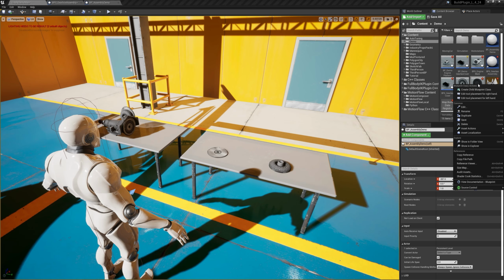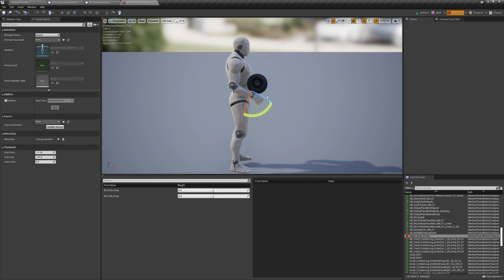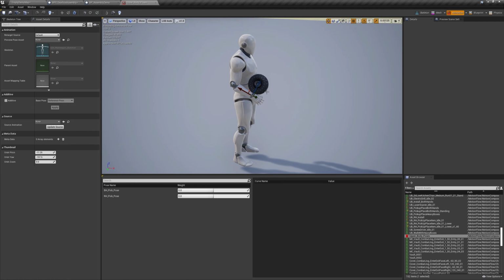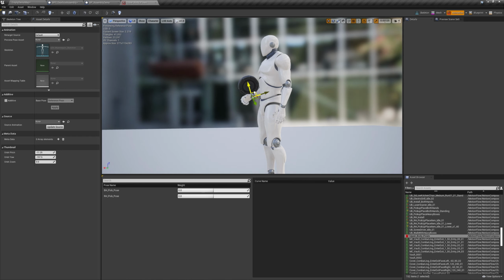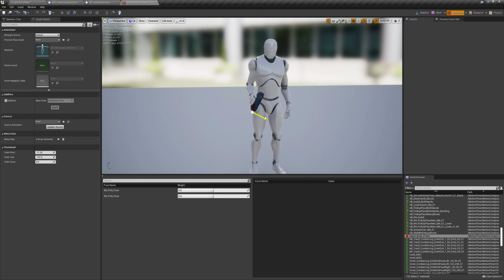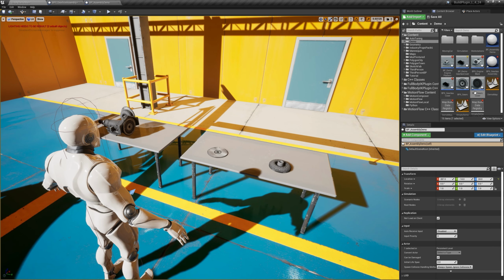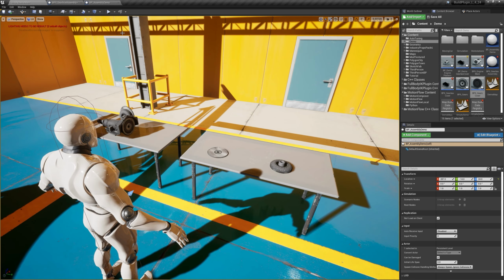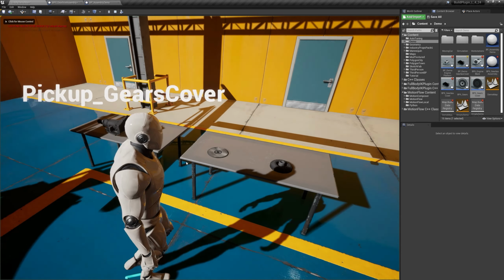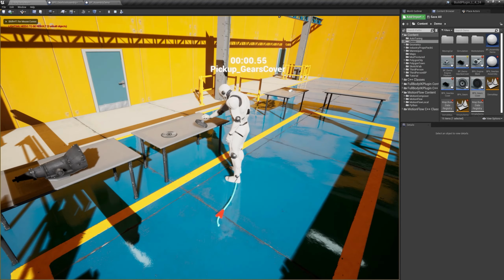So right click on that in the content browser, click edit tool placement for right hand. We are picking it up with right hand. If you were picking it up with left hand, we can do that too. That support for left and right hand is coming in a future version. So I'm going to put that here again. Remember to hit save tool and part here, close this window, go back to your content browser and save the asset over here. So now, if I were to hit play,